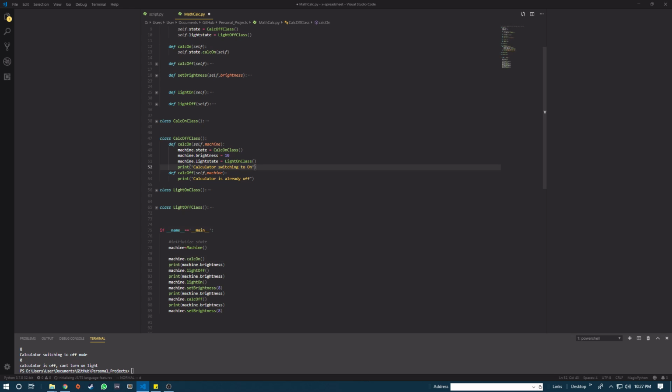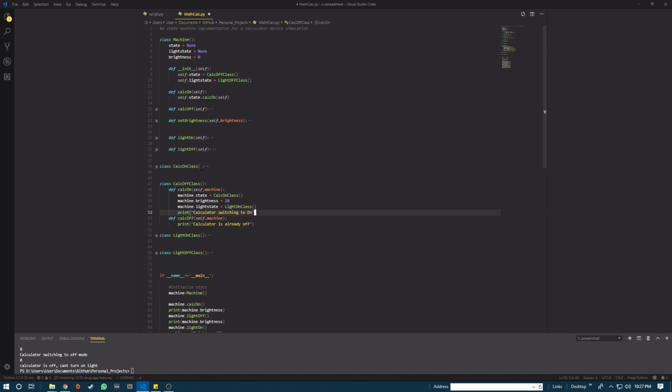And then I also have it printing over here what the machine's brightness is. So I'm kind of displaying it in two ways. One is I'm just printing it straight from the method of the calc_off class, and then the other way is I'm just doing it straight from the machine object. So now I run the light off, and the